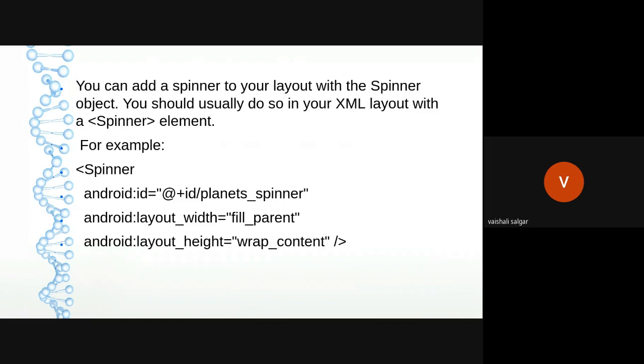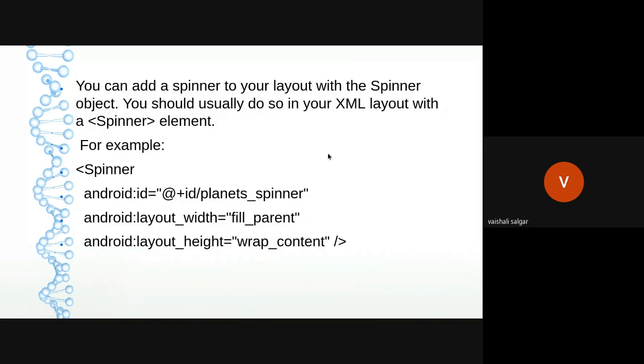What you can do is, in your palette, select Containers, and when you select it, it will show you the multiple objects associated with the container. After Containers, select Spinner. When you drag and drop that spinner onto your layout,